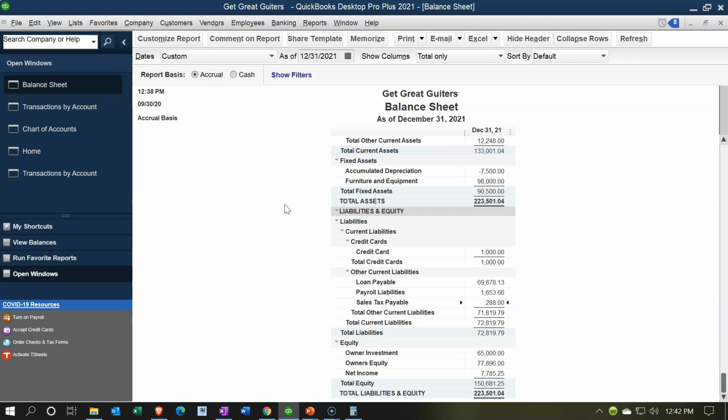So we didn't record the revenue that we collected as revenue and then the sales tax as an expense, which would net out to the same thing. But rather, when we collected the money, we recorded it as a liability,